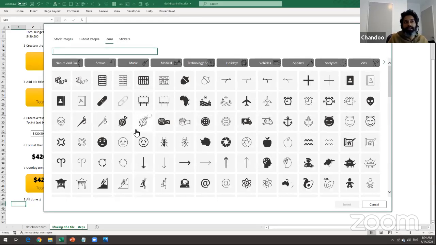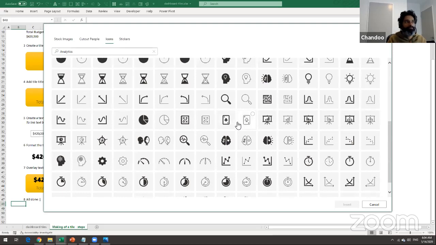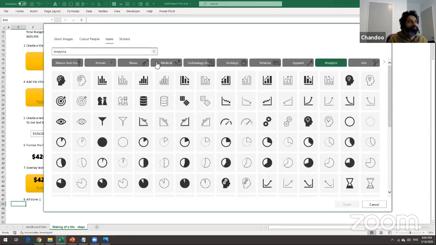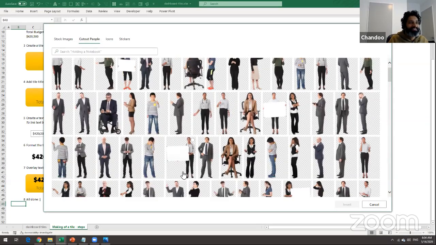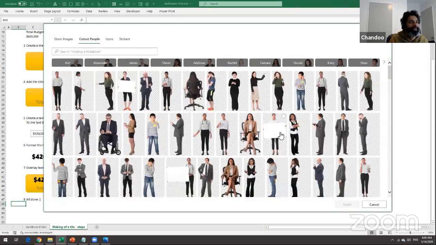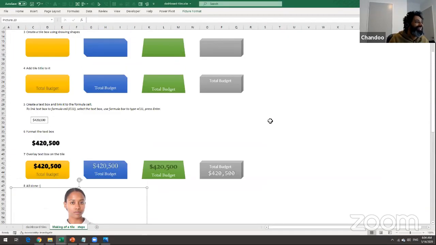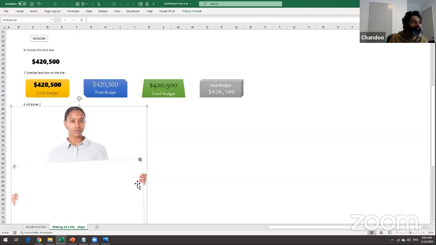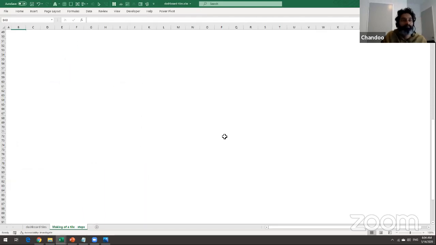You get access to a whole heap of icons that can be applied when you are creating dashboards, and this is a very good way to add a little bit of visual flair to things. One of the funny things here is cutout people. Now, I don't know how many of you enjoy this, but it is pretty good. You get blank canvas people. For example, if you're making a report, she looks pretty sad. I don't know why, but you could put your line chart in this whiteboard here and present that as part of something. It might work well, especially in PowerPoint or something like that.